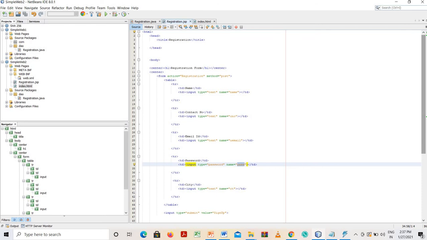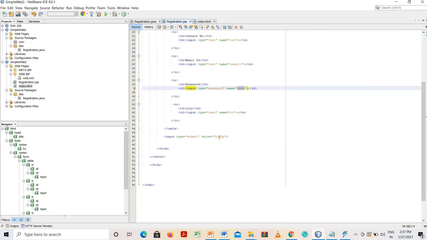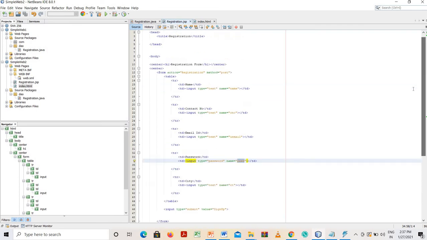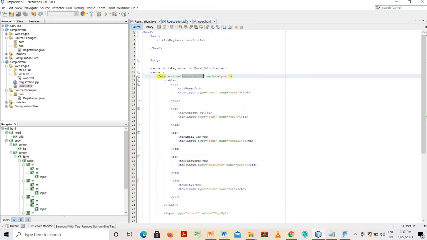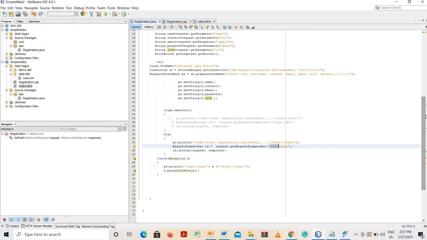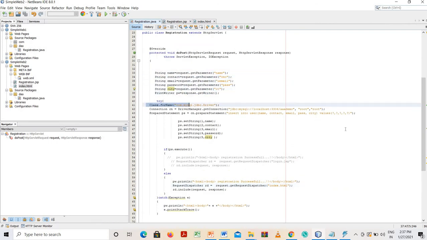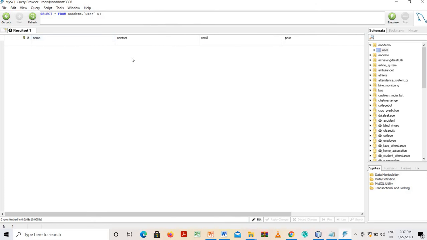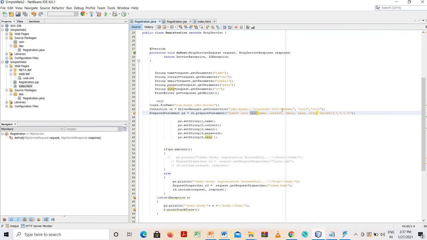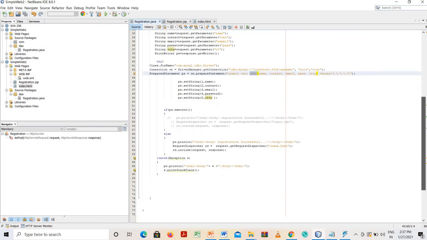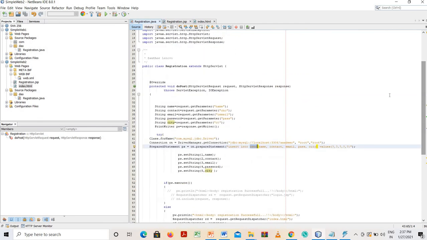So in this registration, when the user clicks on this sign up button, what action will be taken? It will execute this registration.java servlet. So in this registration.java servlet, what have we done? We have taken the parameters from the user. We have created the database JDBC operations, JDBC steps, and we are going to insert this into the AAA demo in this user table. Right now there is no information in this table. So all is done. Now see one more thing.